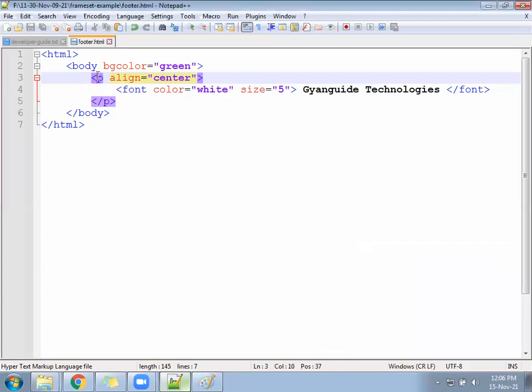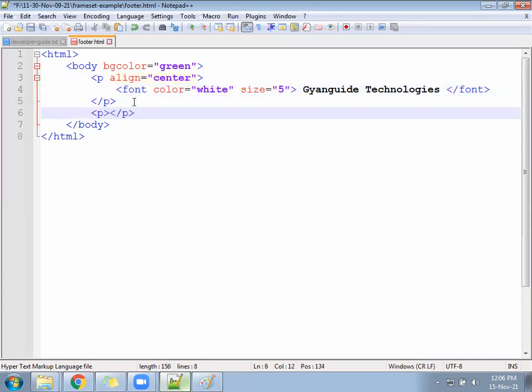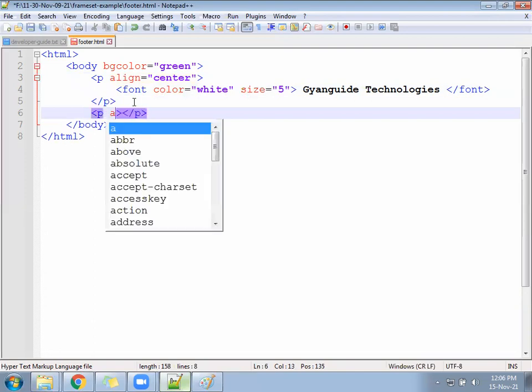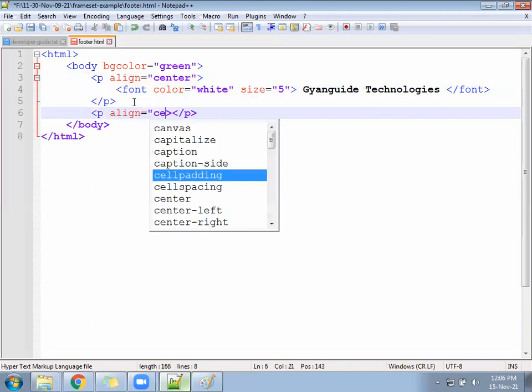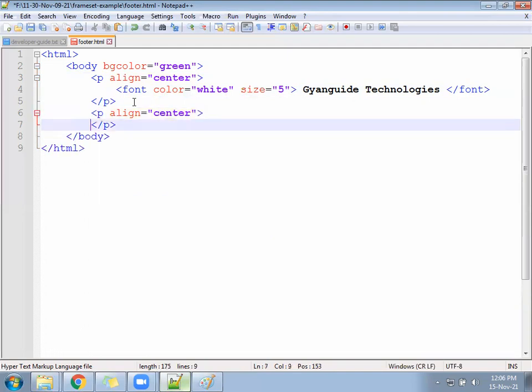Now after this paragraph, or the font we have written, create one more paragraph. Keep align as center again. Follow a font tag.